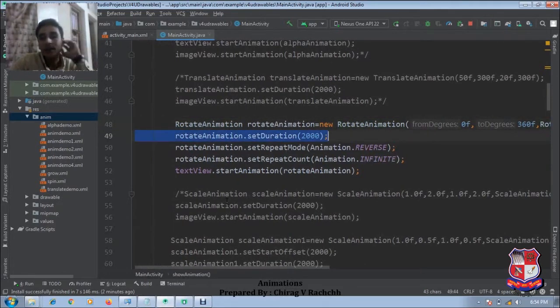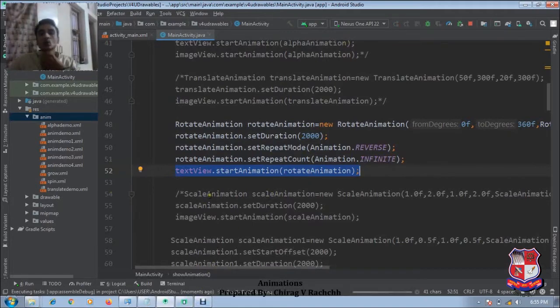Now we are setting the duration of this animation to 2 seconds. The rotation repeat mode is reverse and it is for an infinite time. And here we are rotating the text view, text view dot start animation, rotate animation. We are only applying this animation to the text view.